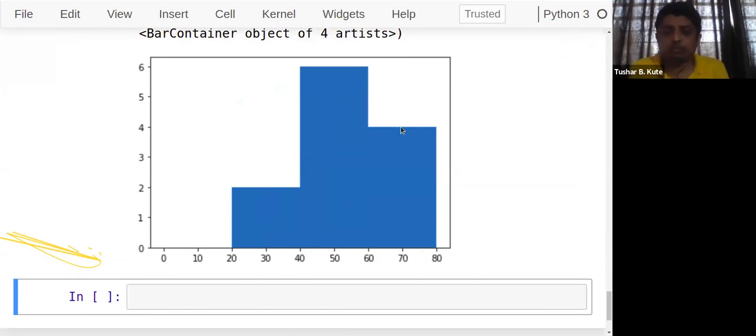You might have seen this histogram many times somewhere. In image processing, this is very common to apply. For this histogram also, we can change the x label, y label, grid, color, everything. So this is what a histogram is, a frequency plot that we can use.